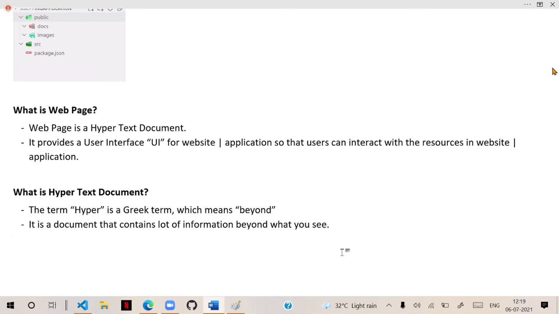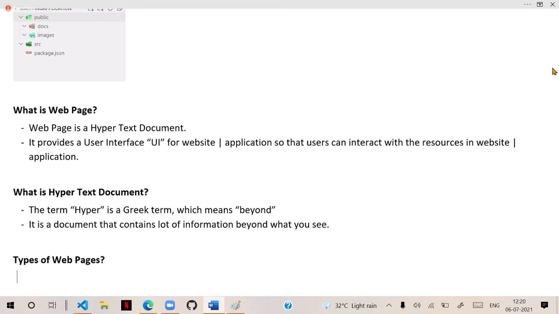So a hypertext document means a document which contains a lot of information beyond what you see. That is the concept of a hypertext document. Now how to build this hypertext document, we will see. Actually, we call them web pages. So a web page is a hypertext document.